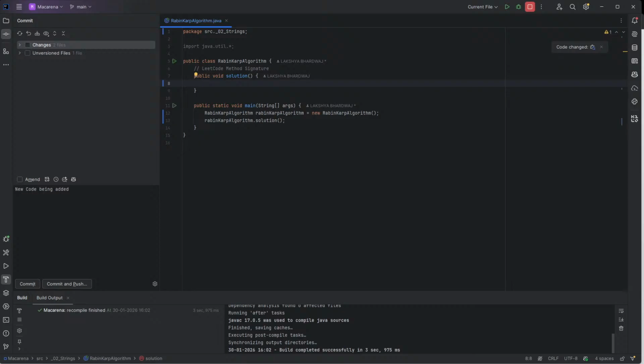So Karp Rabin in the early 90s found this algorithm. It is a string matching algorithm which uses a hashing technique. So apart from all the string matching techniques that we will see in further videos,